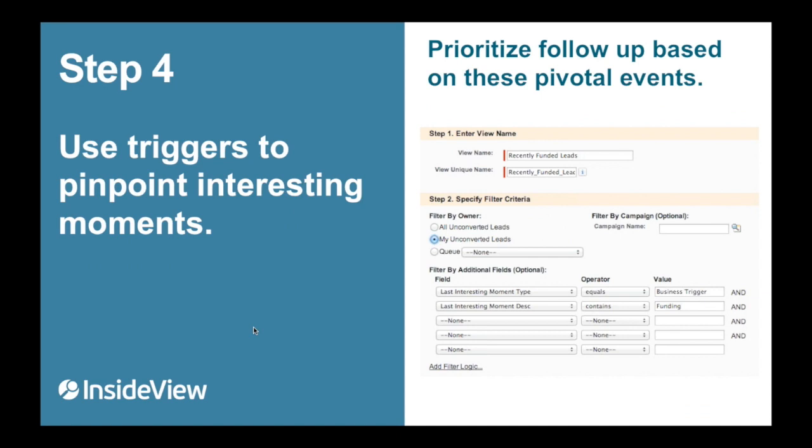And if you're able to map this back to your CRM, what it allows your sales team to do specifically is take a look at all of the leads that they have that have recently gone through funding, even though they may or may not be currently working with them at large. And you could do a whole bunch of this stuff. So even if it's not necessarily something that you want to push to the sales team immediately, if they want to go in and do a call campaign against something like a funding announcement,